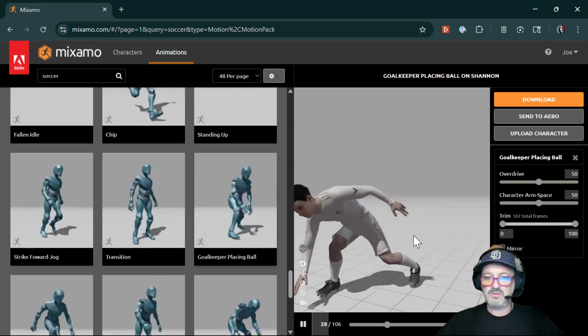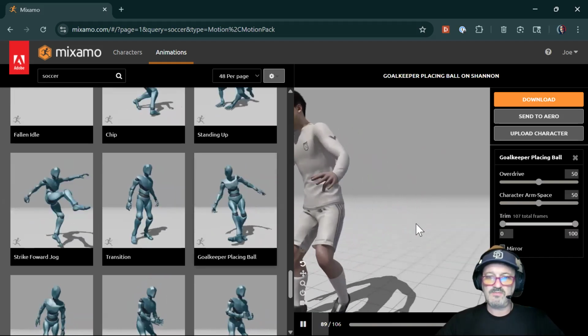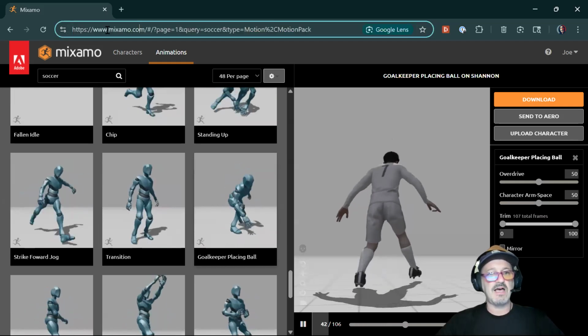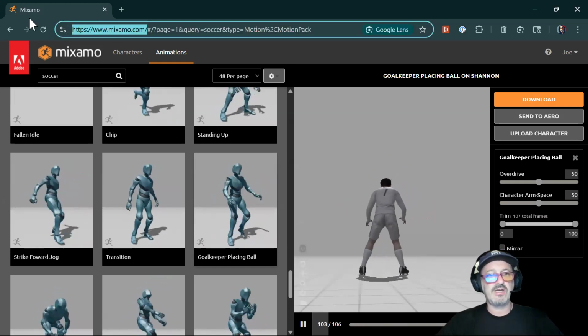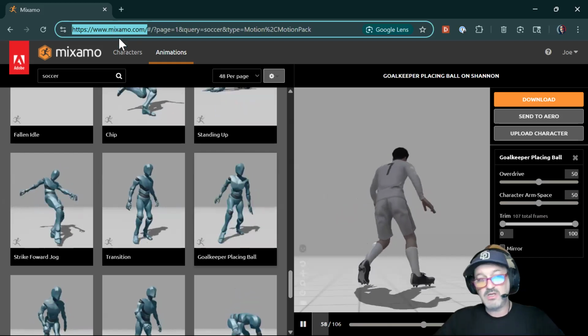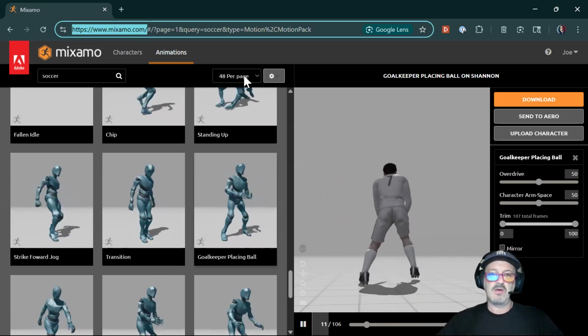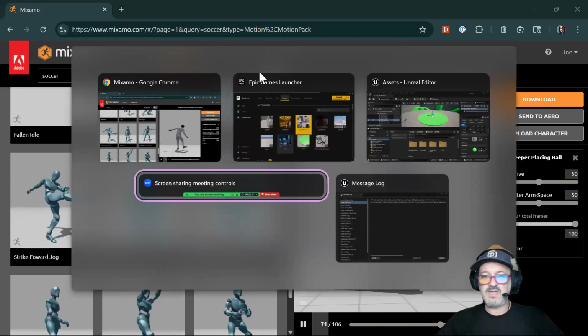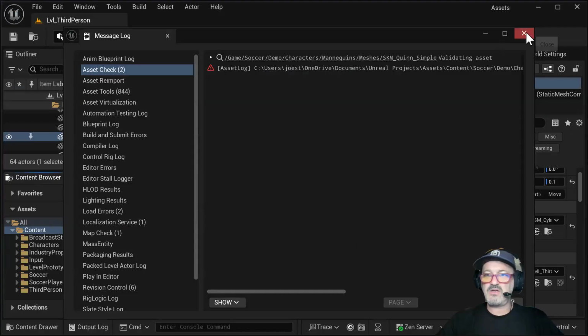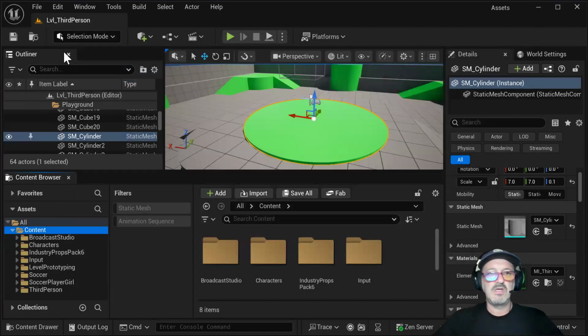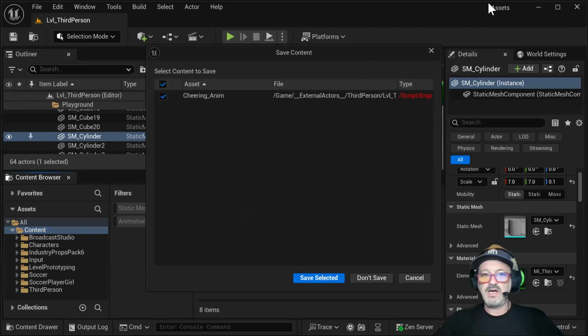A goalkeeper placing the ball. Okay. So that is Mixamo. Again, it does require a free Adobe account, which is just a login. But that is that. And I think now we are able to close this and open our